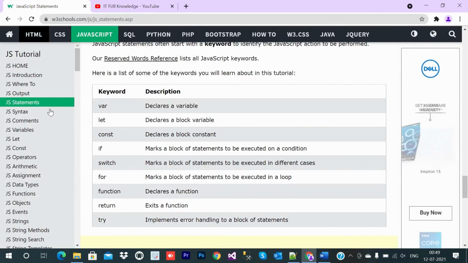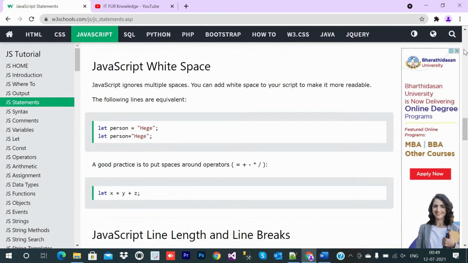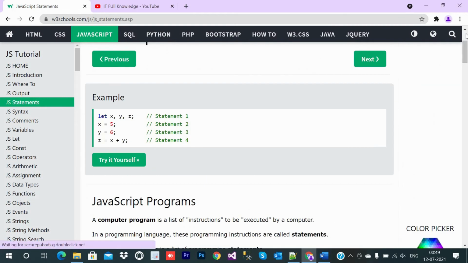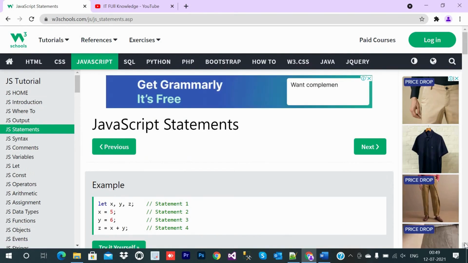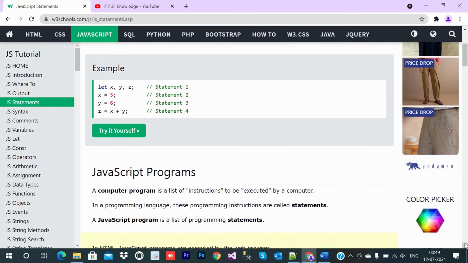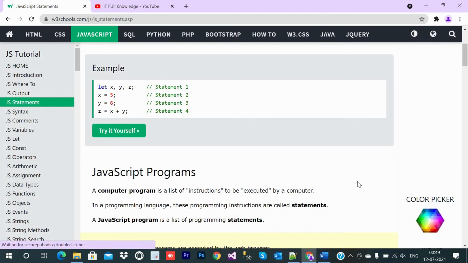Okay, so today's topic is JavaScript statements. Let's discuss what we will cover. First, we will cover what a JavaScript statement is. Suppose there is some JavaScript code, and you write one line and after that another line. For now it's just a preview, we will do it live. I am just showing you what we will cover. Each line is called a statement, and the whole is called a program. So we are learning JavaScript statements.